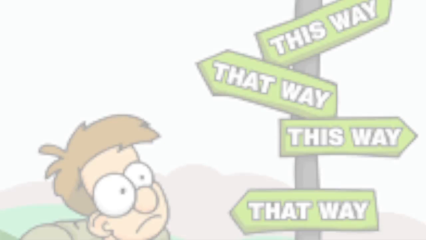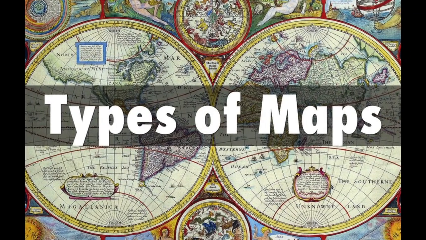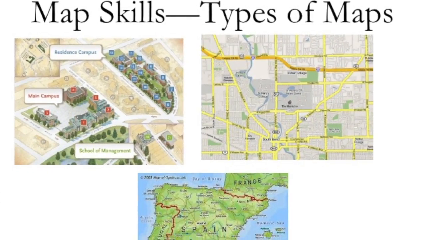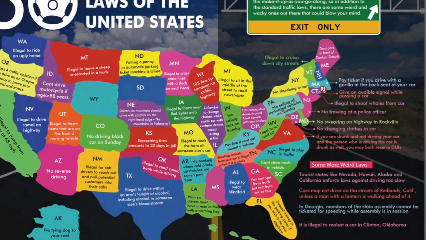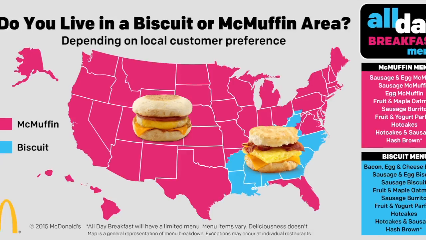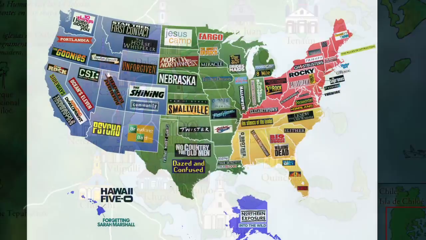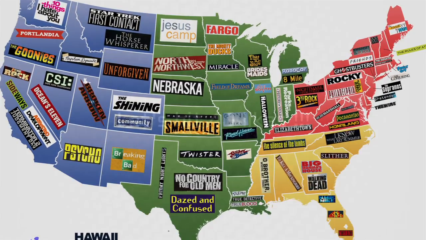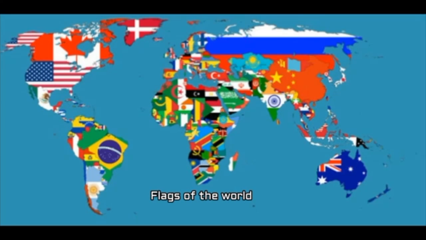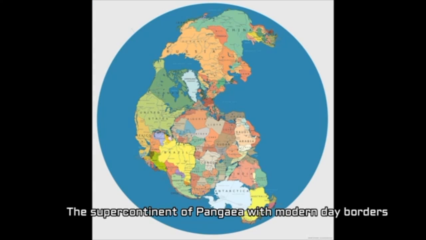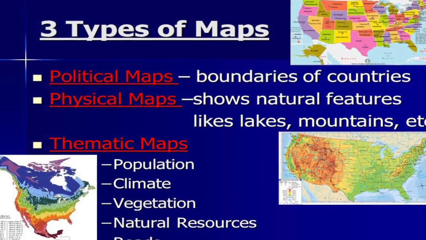I believe in you. In the last section, we learned how to read a map. Now we are going to look at the different types of maps. Remember, they will all have those same basic elements from the last video. Maps are used for all sorts of things, from who eats the most McDonald's to how many churches there are in an area, or which states are featured in different movies. You can find a map for all of your needs, and every situation will call for a new type of map. Today we are going to examine the three most basic types of maps: physical, political, and special purpose or